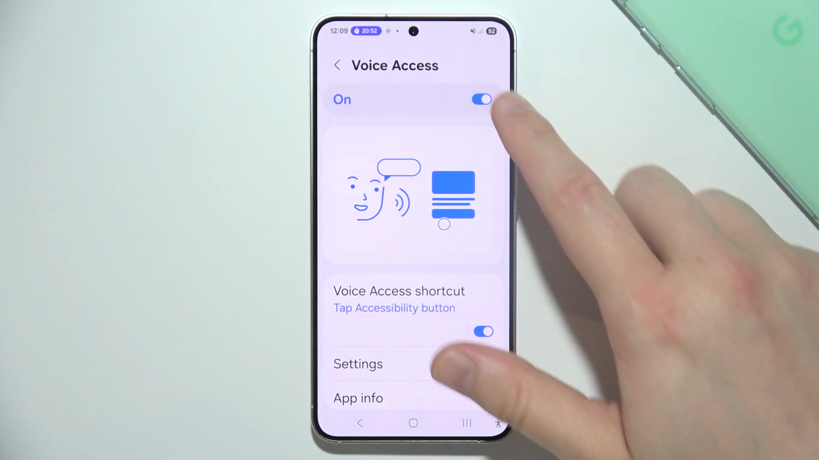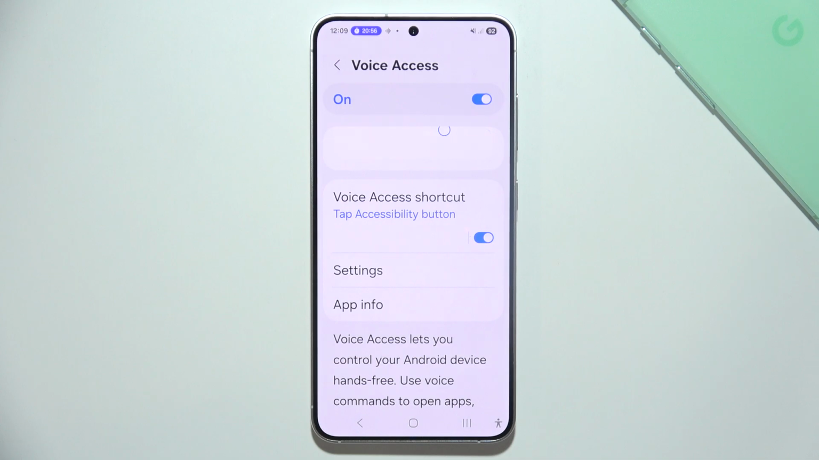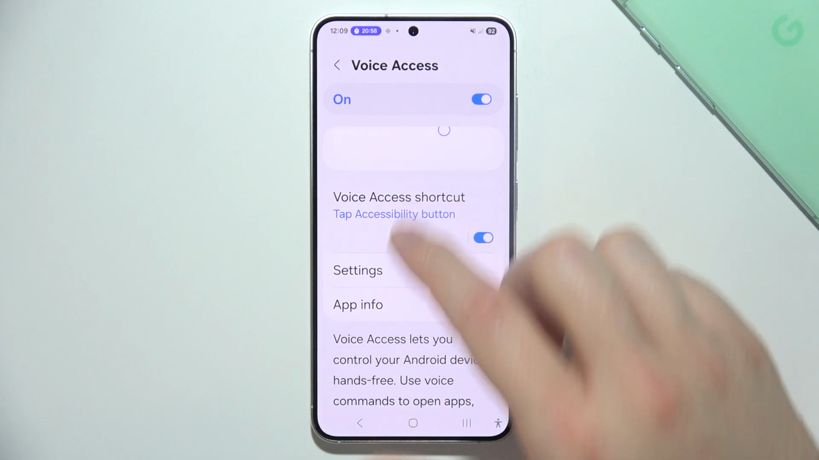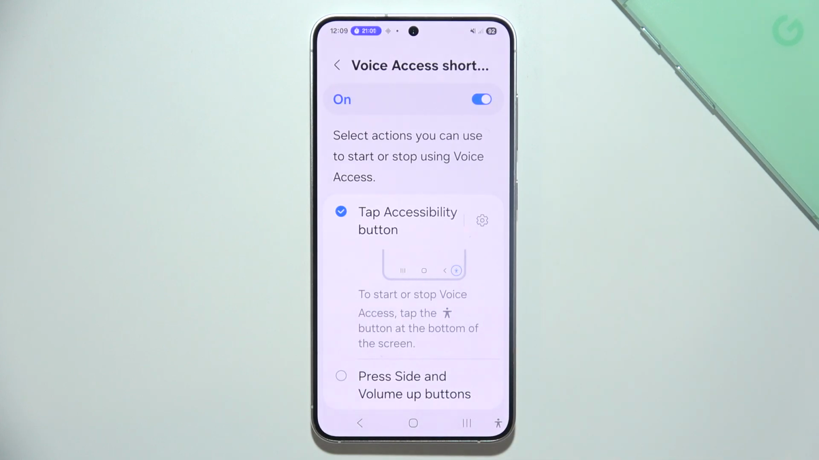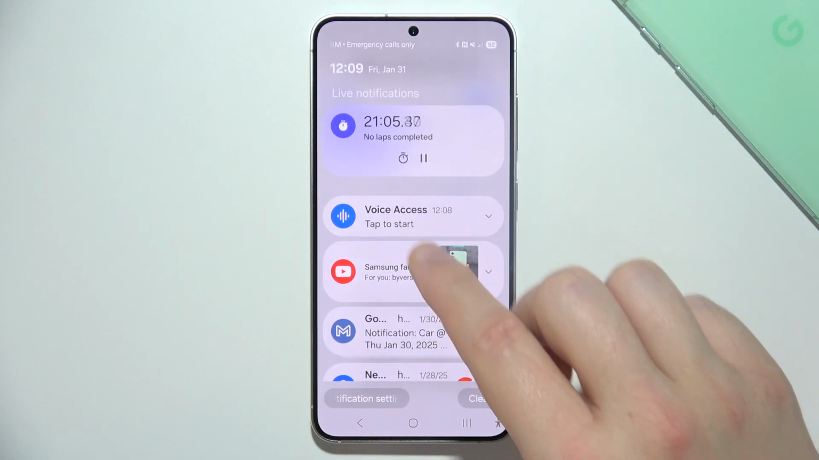First of all, you will have to turn it on with this feature and then find a method to fit your preferences to access Voice Access. In my case, I'm using the accessibility button, but also I'm clicking here if I want to start